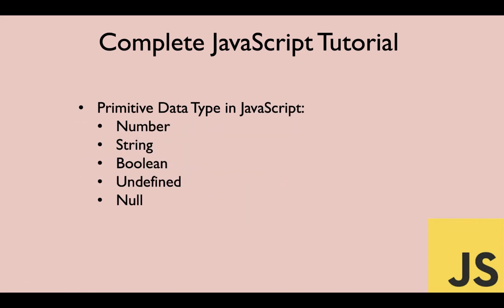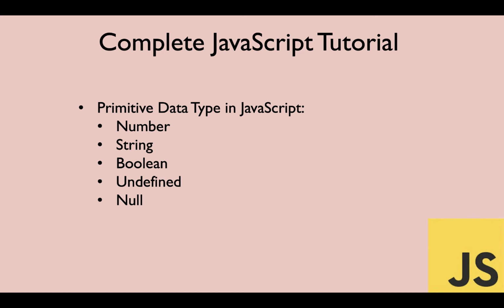So I'll go to my next slide. We have basically 5 types of primitive data types in JavaScript, that is number, string, boolean, undefined and null. In this video we'll mostly talk about all of the variables, but we'll cover majorly number, string and boolean because they're used quite a lot, and the detailed video on undefined and null will be covered in upcoming videos when we'll face all these kinds of variables in our sessions.